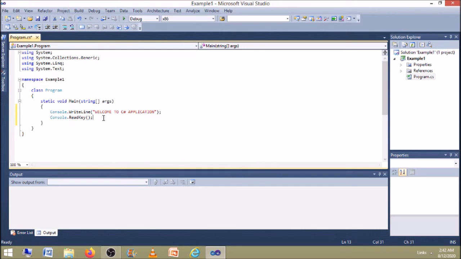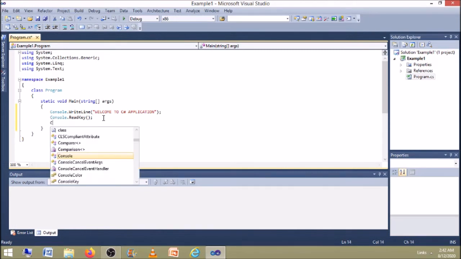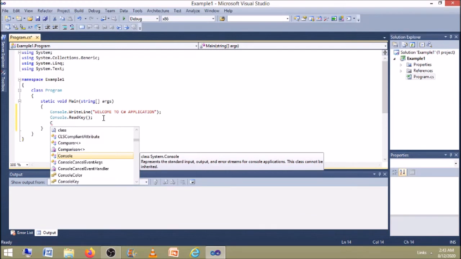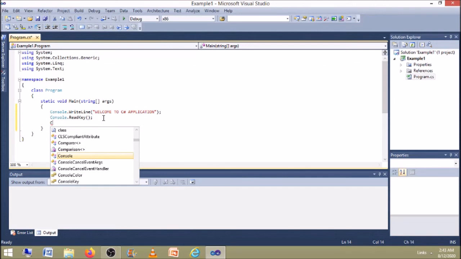So this is the way to type the source code in the text editor window. While we start to type something, if I press C, it shows some words, isn't it? These words are called IntelliSense. IntelliSense is nothing but a set of default words.